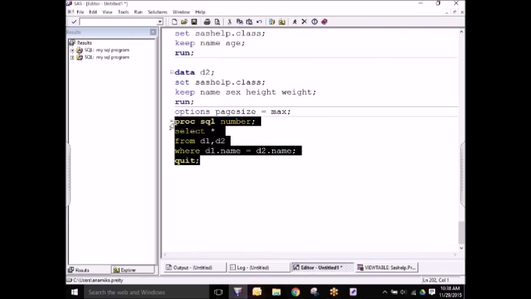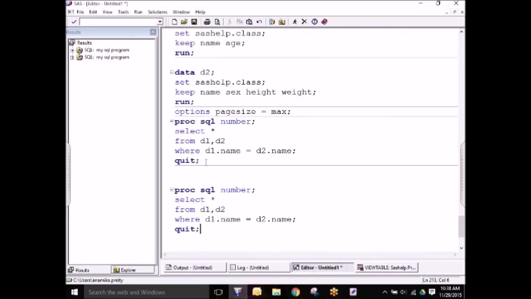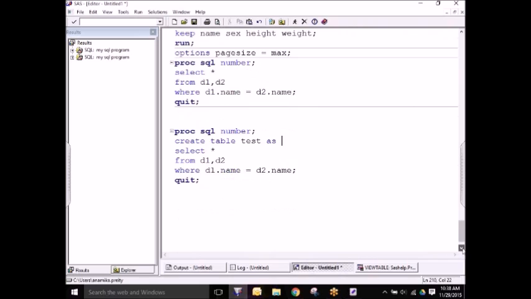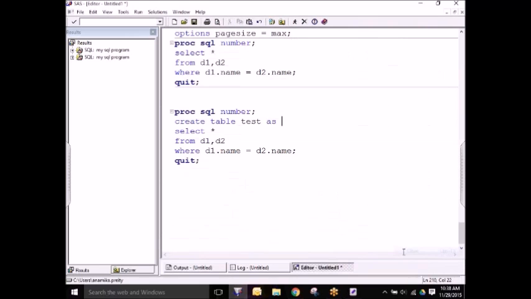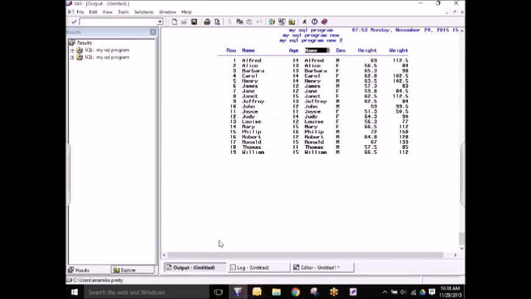So what I did is I wrote create table test as, and we will get an error now, because here it's not actually a structure of the table, it's just to display. So that's why here it can, but